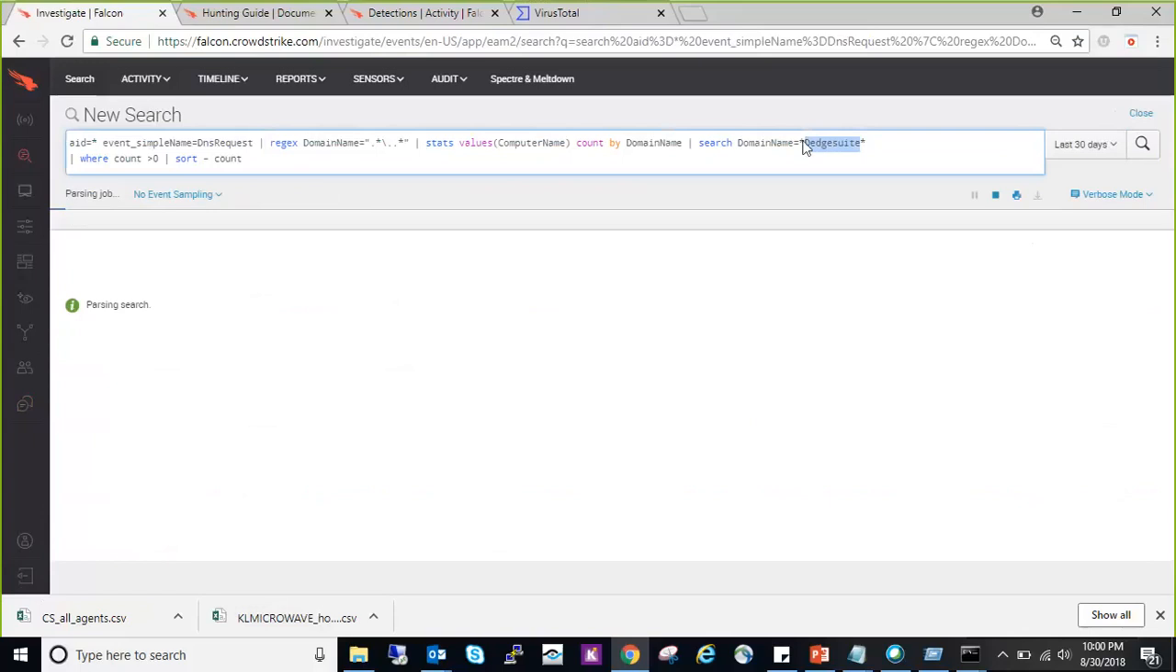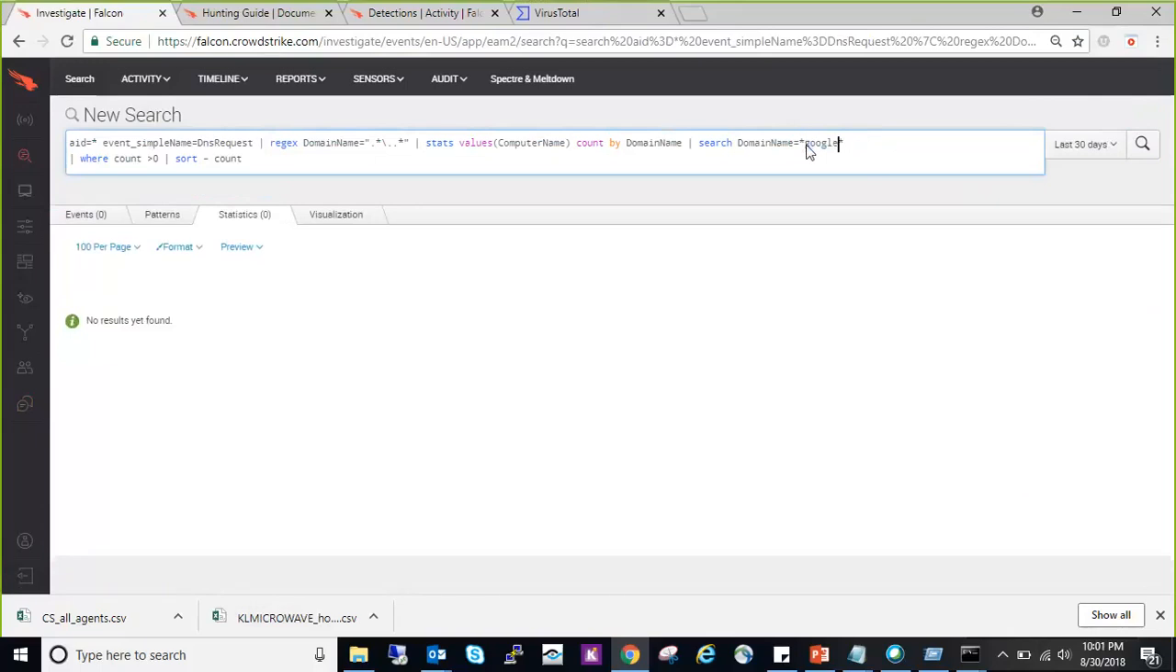And the star is everything. So the domain name I'm giving starts with everything, but in between there should be this word, and then ends with everything. So I've given a pretty open search request, and let's see Google. How many machines have actually reached out to Google